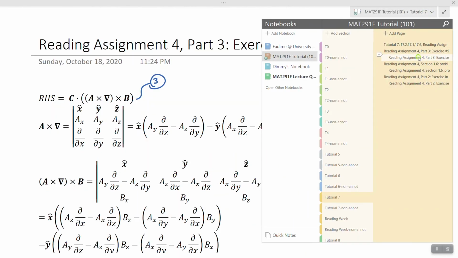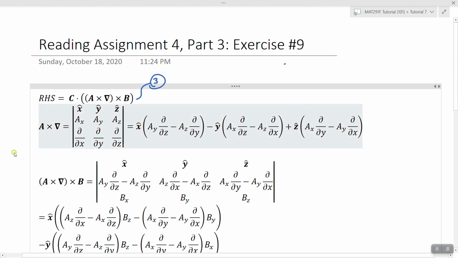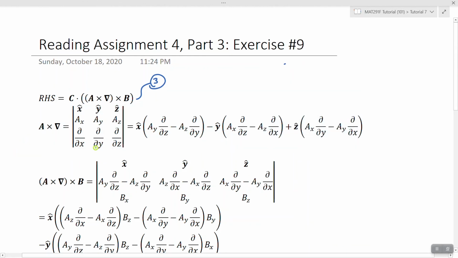So once again, don't try to swap the two or things like that. I'm expanding this. You write this determinant as you do for cross products, and then you take this product, you get ay partial z minus az partial y, all of this for the x component, then minus y hat,